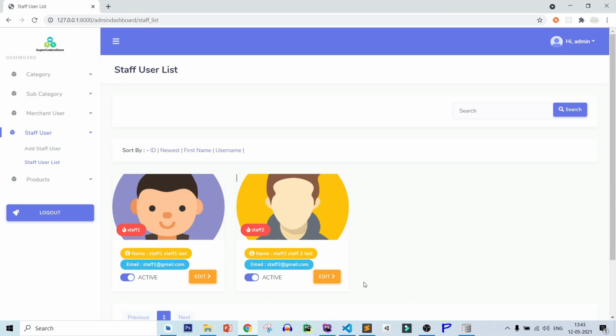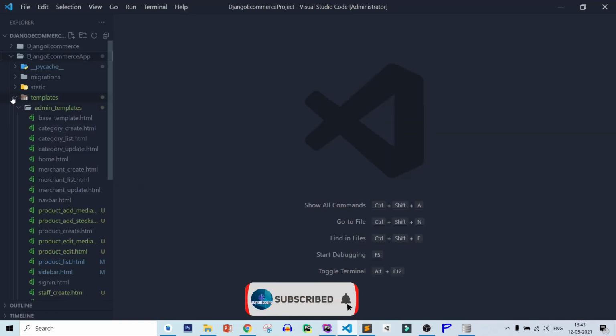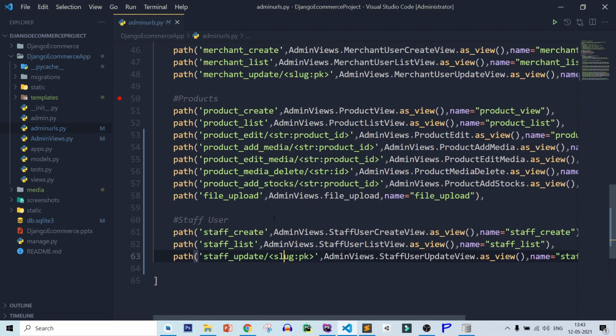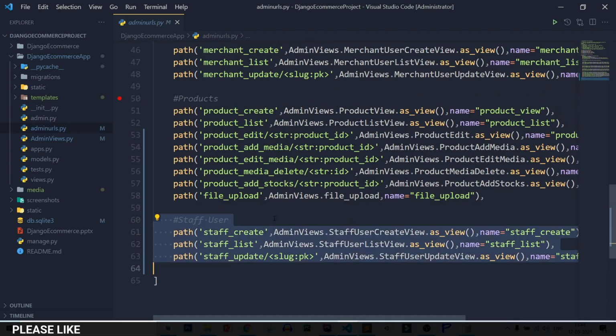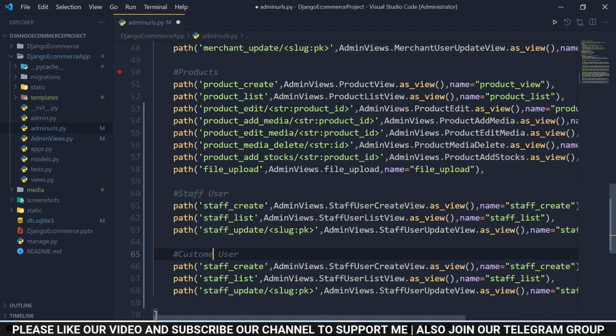So first back to VS Code. Open your app. Open admin_urls.py. After that, just copy the staff user code of URLs, paste it, change it to customer user. After that, select all staff.